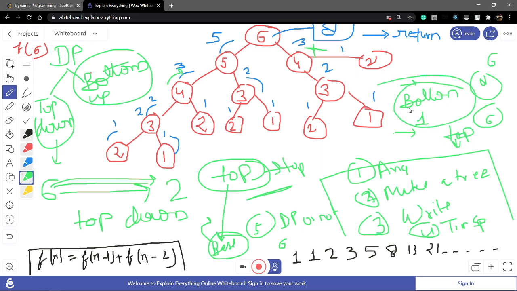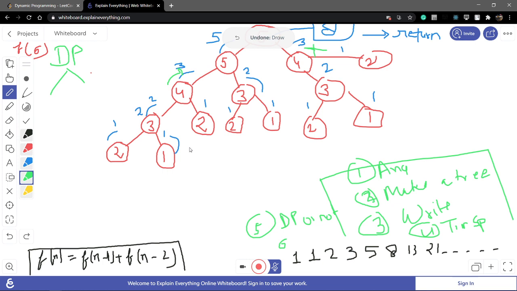So I find the computation from the bottom, then go to the top, so bottom to up. And what is the difference in this question, in that program? They make a tree, but it is not necessary to make a tree for bottom up. Trees help in the top down approach. So okay, let us discuss the bottom up.